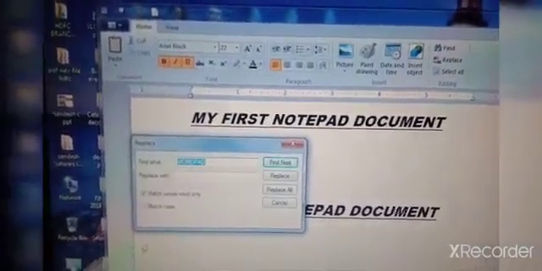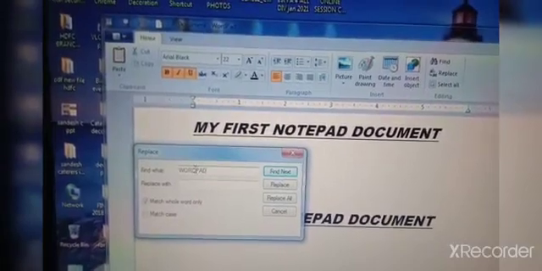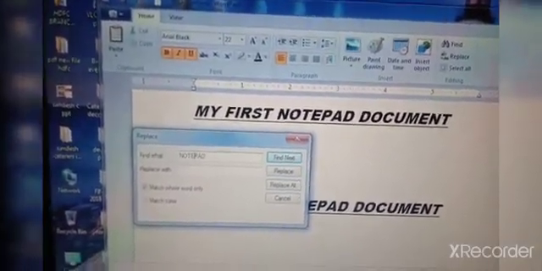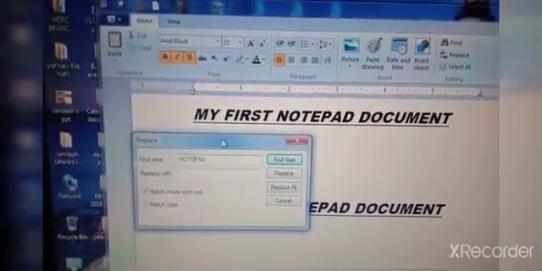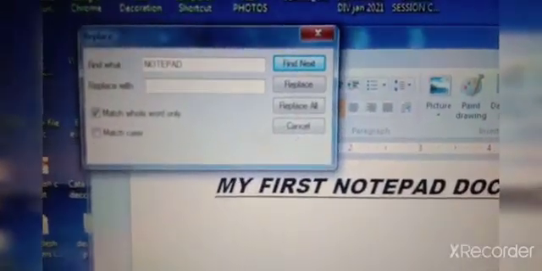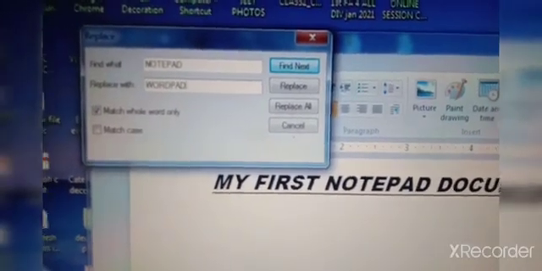Okay. Find what? Find notepad, and change it with WordPad. Can you see here?